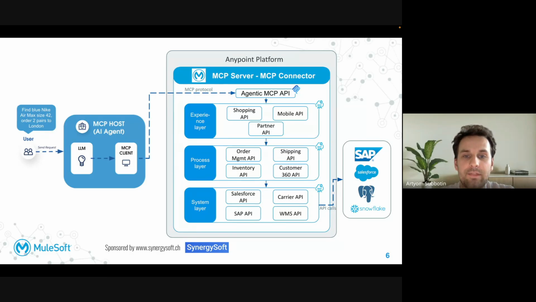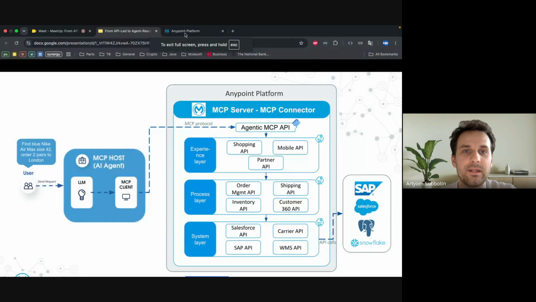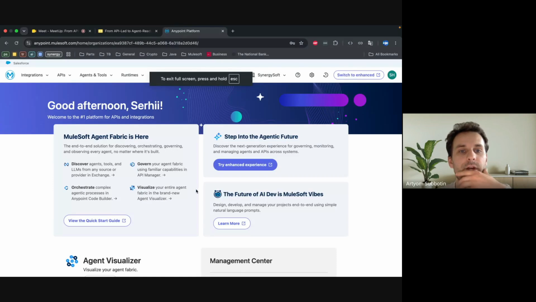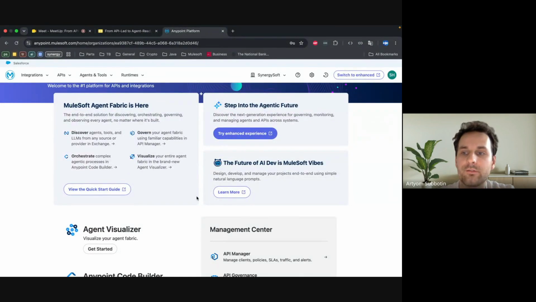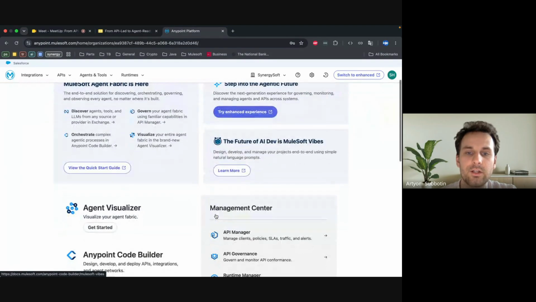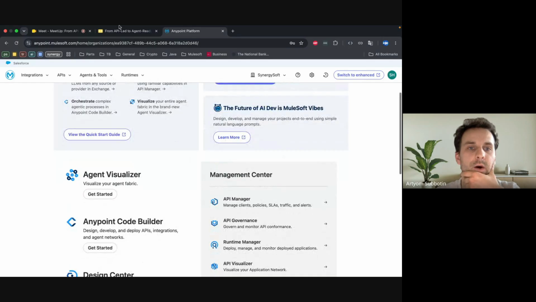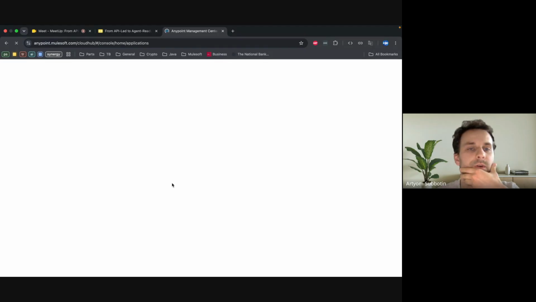And now we are at the point where we can show you the first part of the demo. Of course, it will not be a real retail scenario, but let me switch to the Anypoint platform. We have a trial account just registered for this session, and I would like to show you our Runtime Manager first of all, just to be aligned on what will be shown.